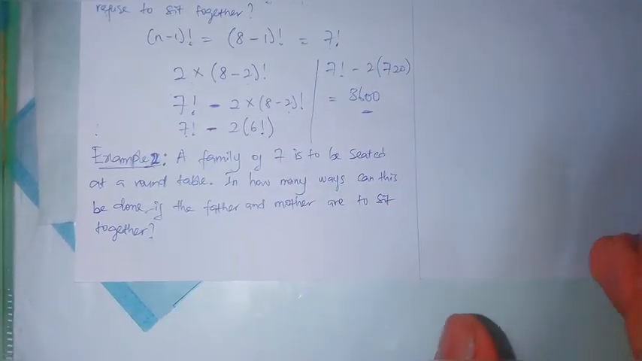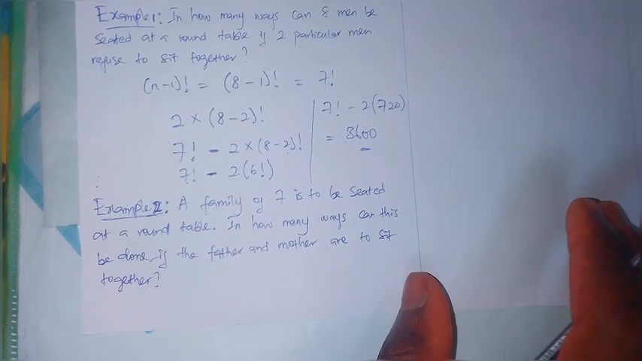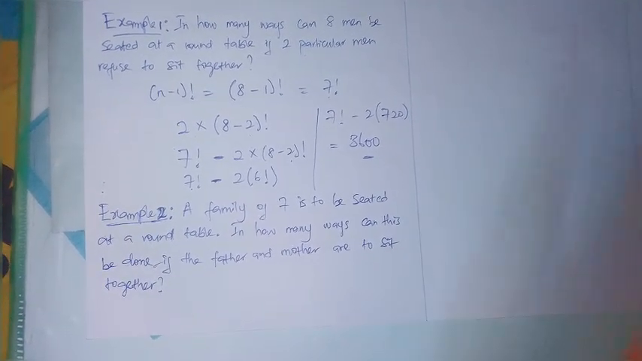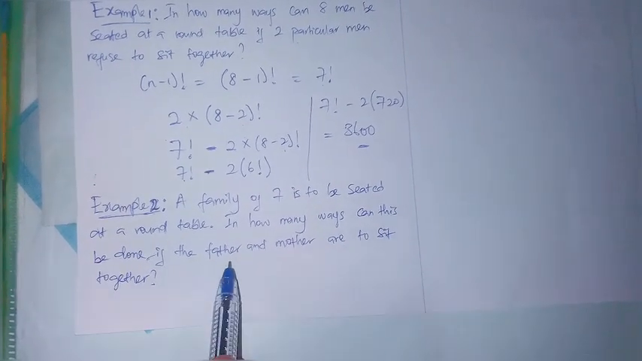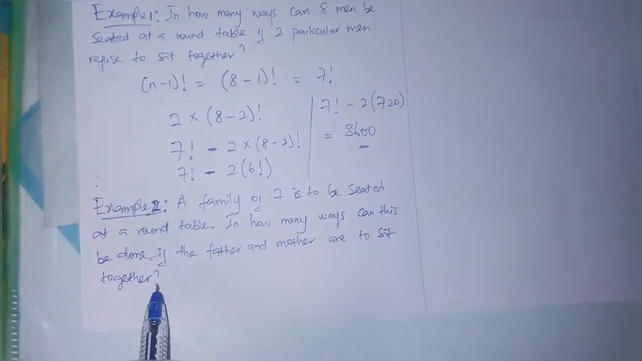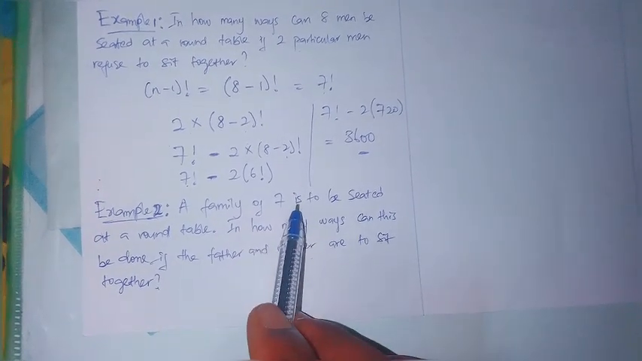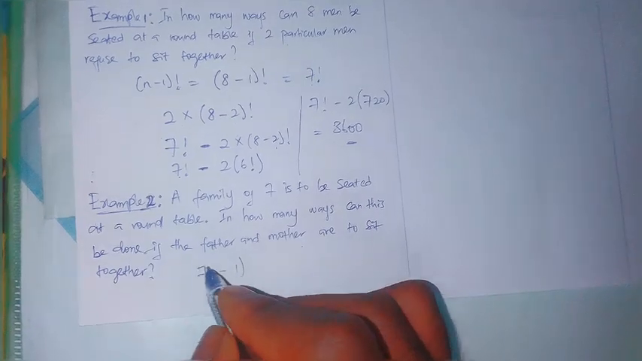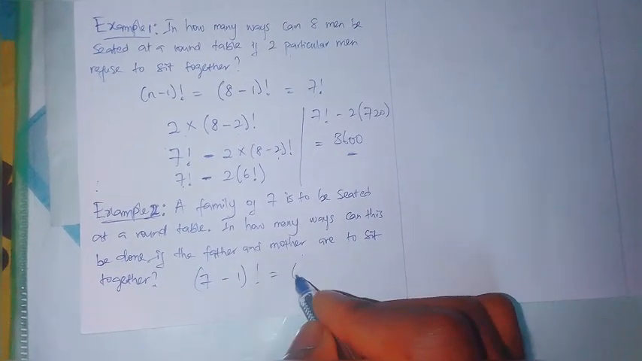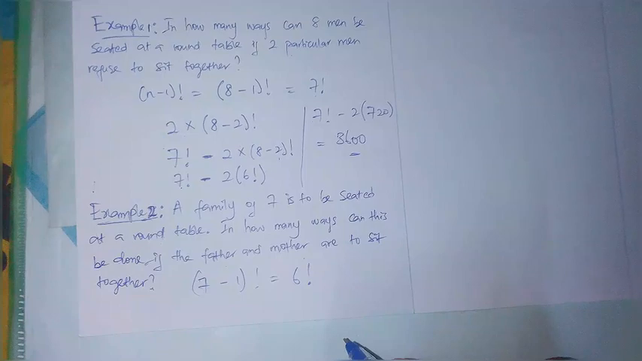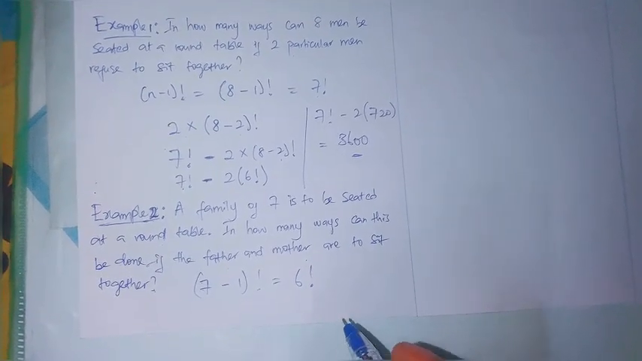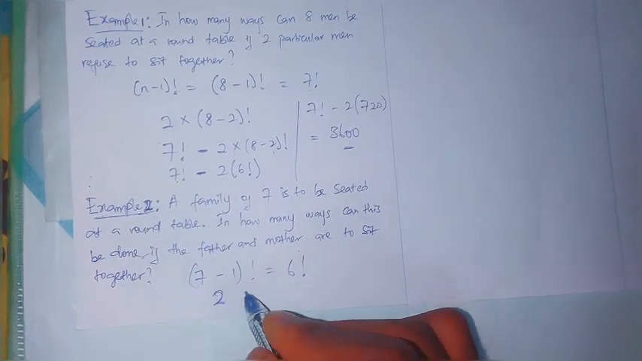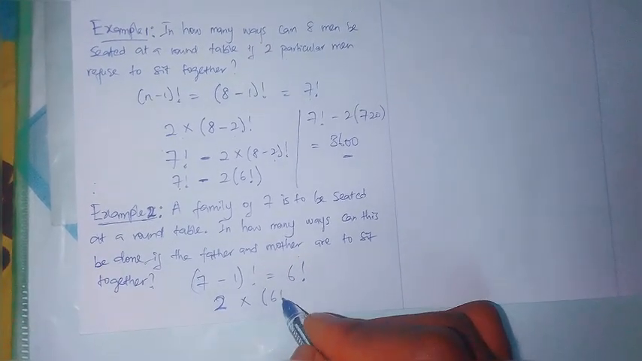Question number 2 says, a family of 7 is to be seated at a round table. In how many ways can this be done if the father and mother are to sit together? So we have 2 entities here, and they are to sit together. In how many ways can a family of 7 be seated at a round table? First it becomes (7-1)!, which is 6!. Now, if the two of them decide to sit together, that becomes 2 of them times